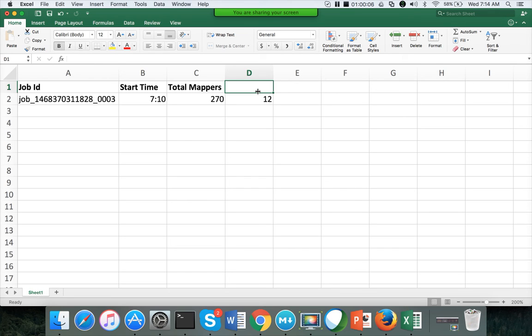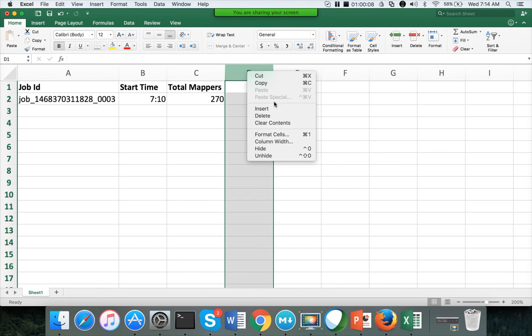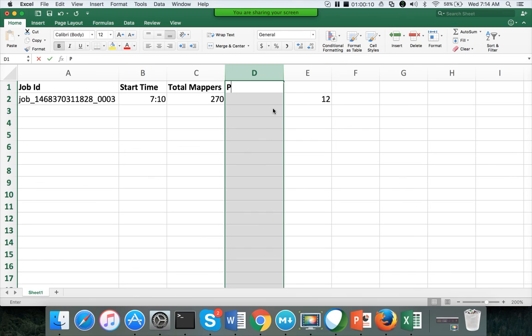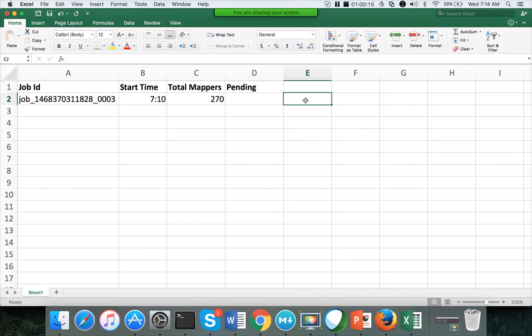And here you have to insert pending. So when it actually starts, all the 270 will be in pending state, running will be 0, and completed will be 0.